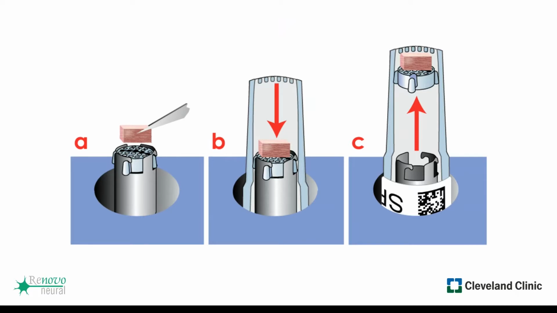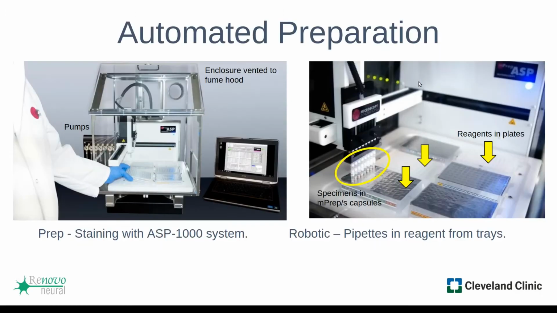So we'll start with the beginning, how to use the system, how we loaded the tissues into the ASP1000 system. This diagram from Microscopy Innovations shows loading the tissue into an MPrep capsule. We use these MPrep capsules for the cortical tissues. The screen is held in place by the insertion tool, and then the tissue is set on the screen. And then you encapsulate the specimen with the other part of the capsule. Then you push the screen into place with the insertion tool, and then you load it onto the